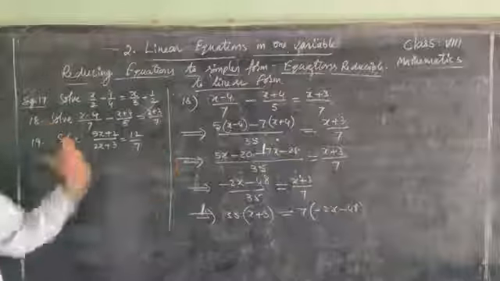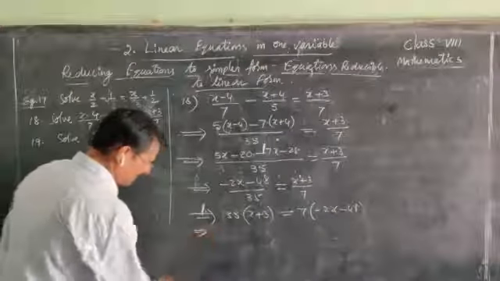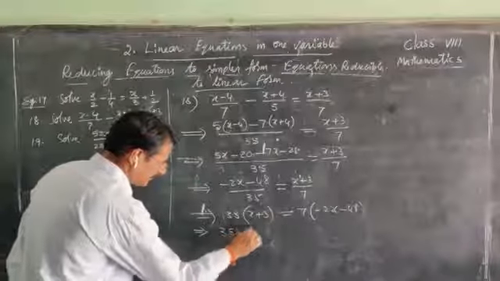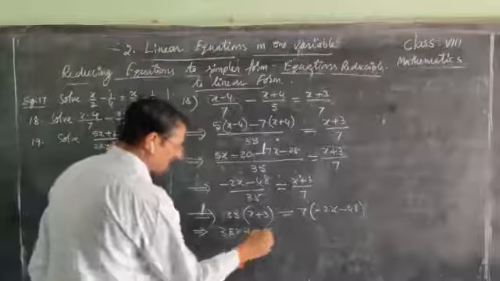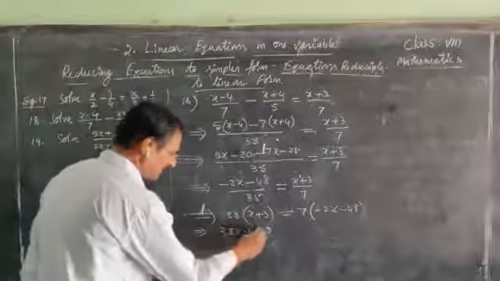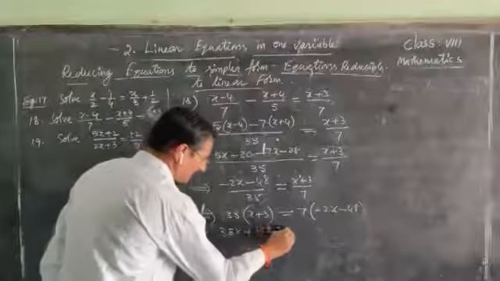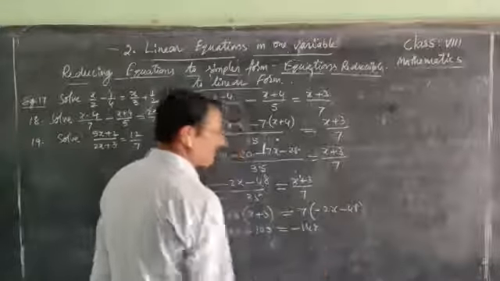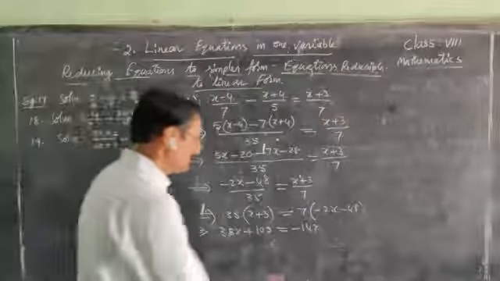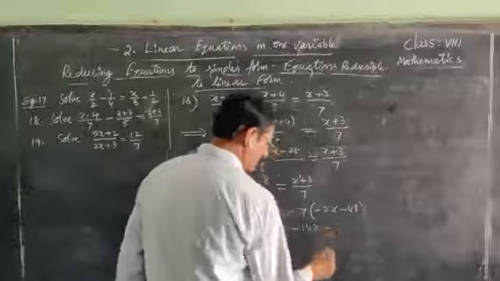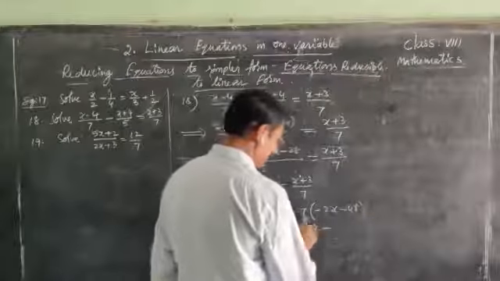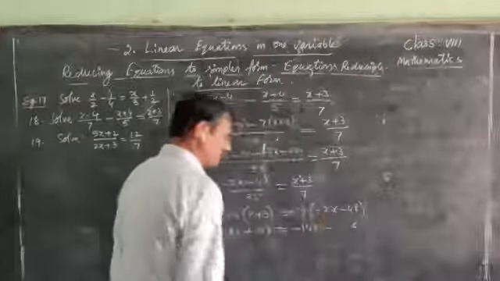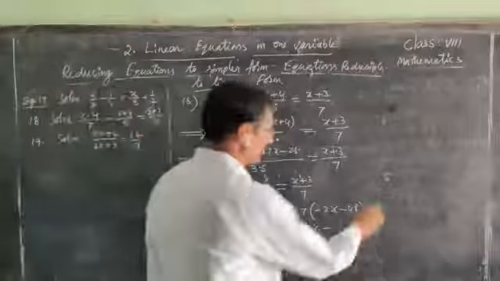This type of sums, in previous videos, you follow that method. 35x, 5 3s are 15, 3 3s are 9, plus 1, 10. Equal to 7 into minus 2x, minus 14x, 7 2s are 14, negative term. 7 here also minus 7 4s are 28, 7 8s are 56. 28 plus 5, 33.